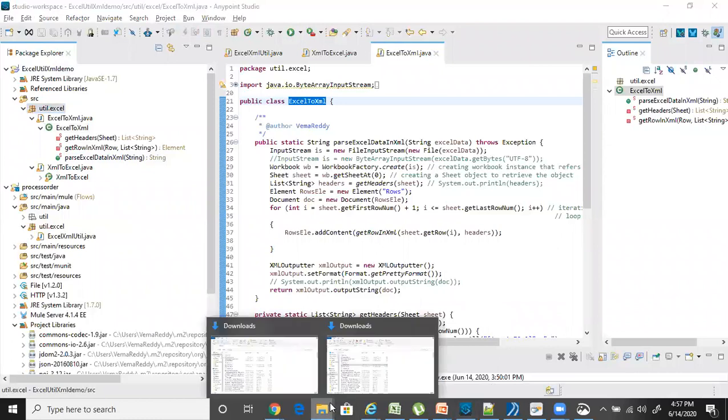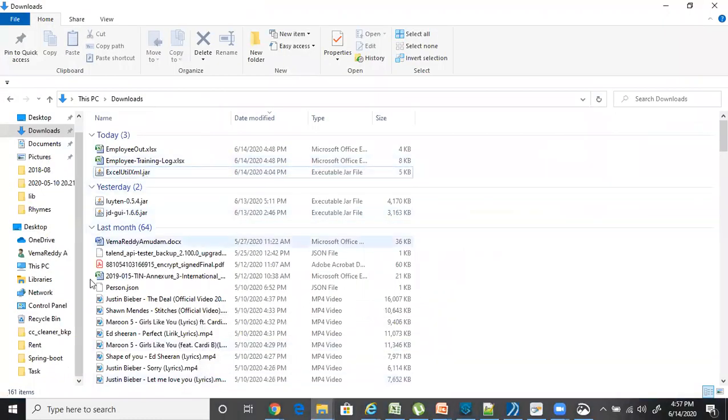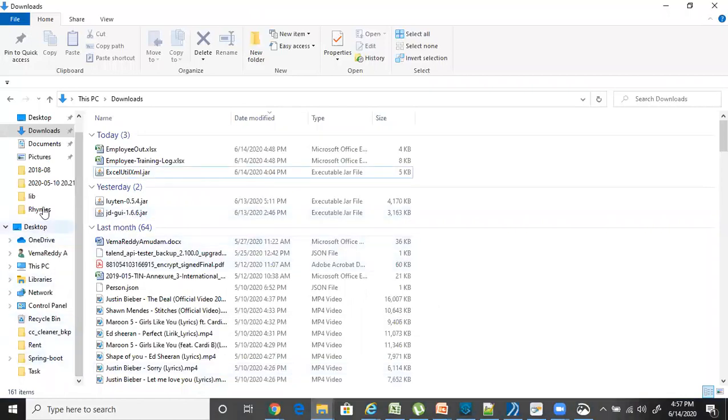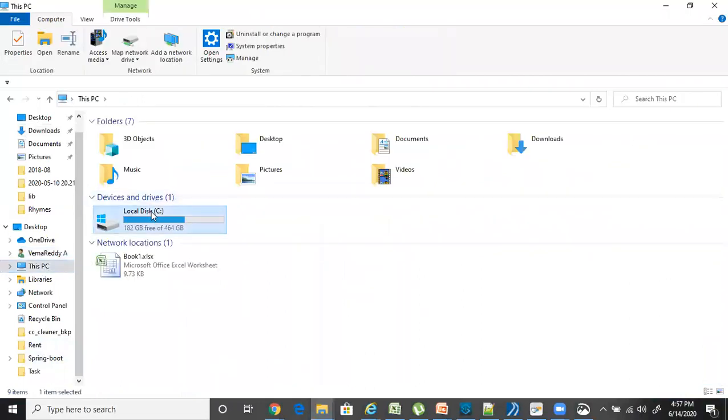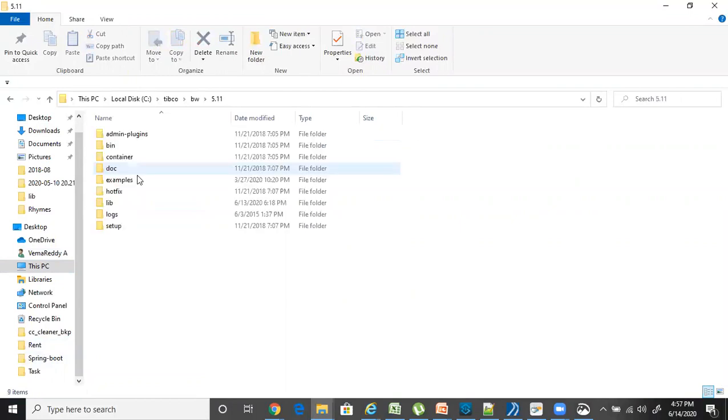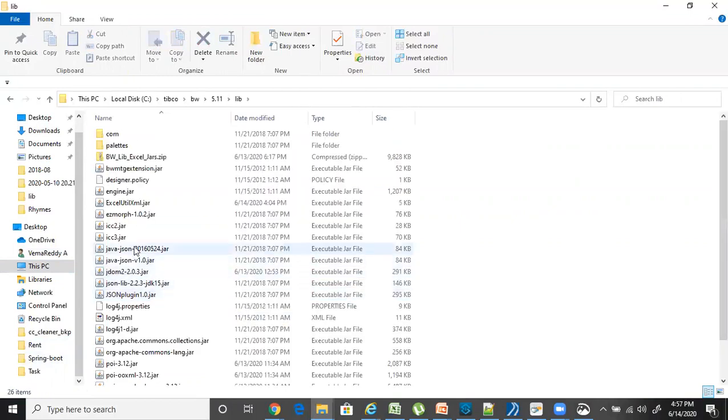And I place this jar file in the TIBCO class path. Where I place it is in the bwlib, where I place all the jar files.